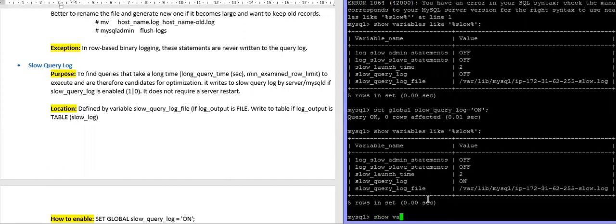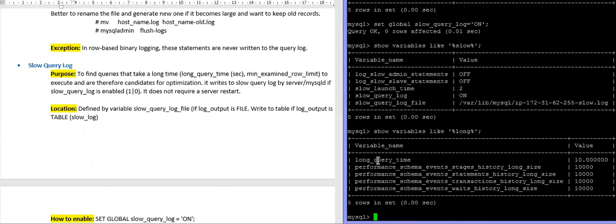So variables like long. So this is your, by default, this takes 10 seconds.